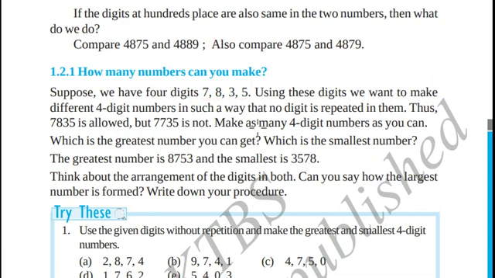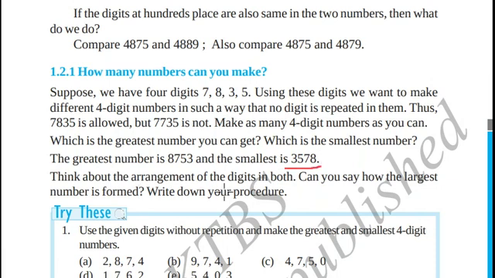What we will do is, using these 4 digits we will place the smallest digit in the thousands place. 3 is the smallest, so we will place 3 in the thousands place. We are done with 3. Among these 3 digits 5 is the second smallest, so we will place 5 in the hundreds place. Between 7 and 8, 7 is the smaller, so we will place 7 in the tens place. Finally we are remaining with 8. We will place 8 in the ones place. So the smallest number is 3578.